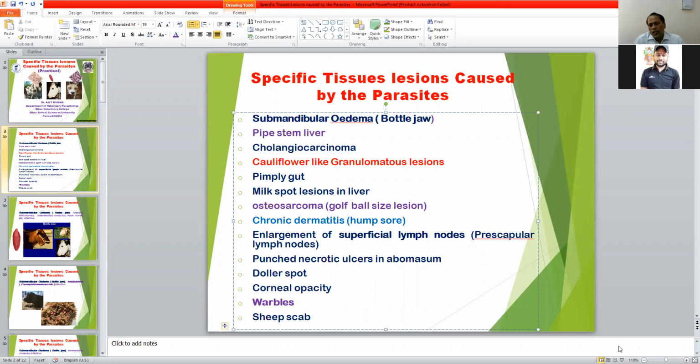Tissue lesions caused by the ectoparasite, that is the fly Hypoderma species. Then sheep scab is caused by the mite known as Psoroptes ovis. So these are some important tissue lesions caused by the parasites. By seeing these lesions,